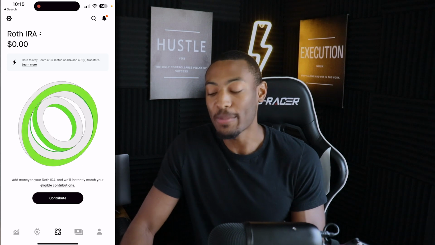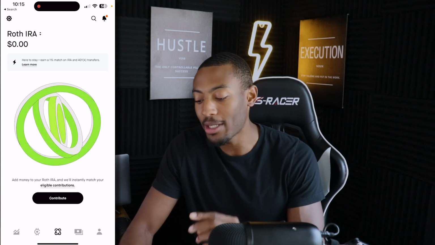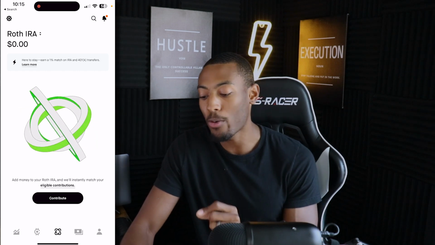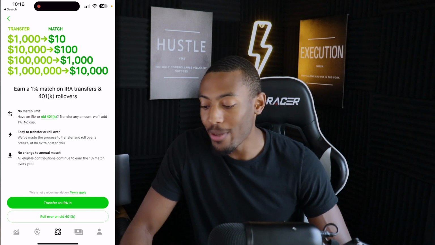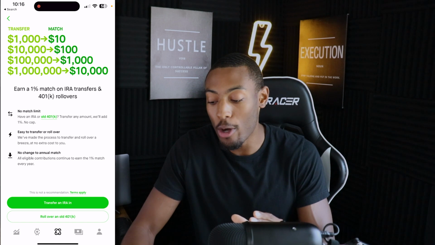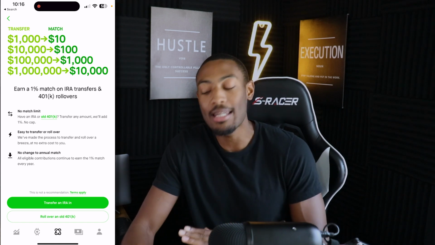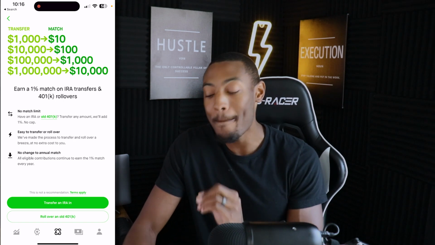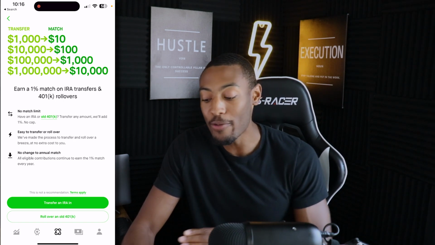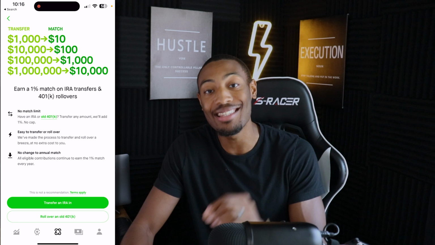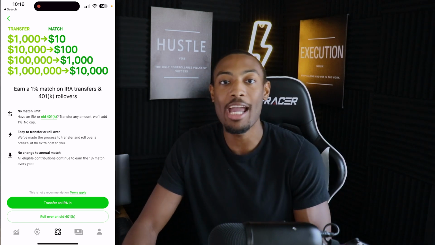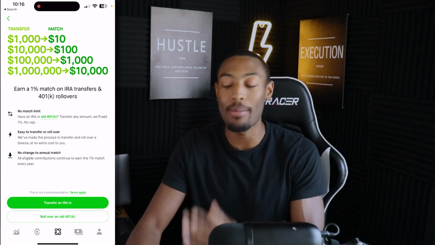But what I want to focus on specifically here is this lightning bolt option in the middle that says here to stay, and it says earn a 1% match on IRA and 401k transfers. And if we click learn more, we can see that for every $1,000 that you contribute or transfer to Robinhood, you will get $10 just for using Robinhood. And what is unique to Robinhood is that there is no match limit to having your Roth IRA here. If you transfer $1 million, you will get $10,000 for completely free just for moving your money over. And this doesn't change the match that you will get anyway from contributing money to your Roth